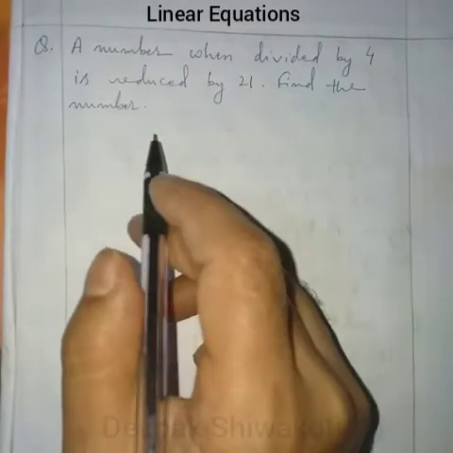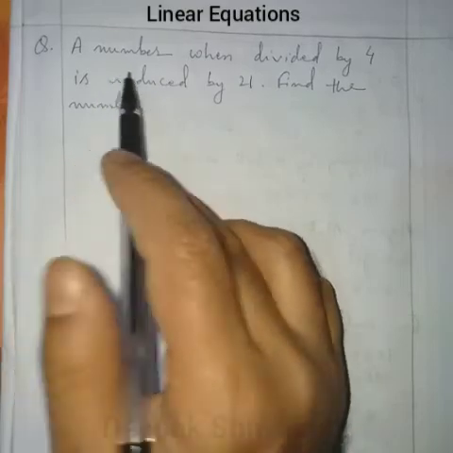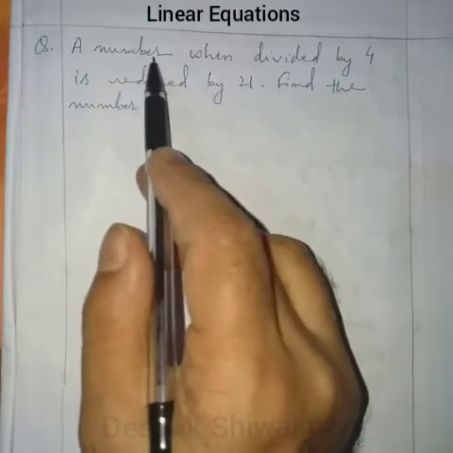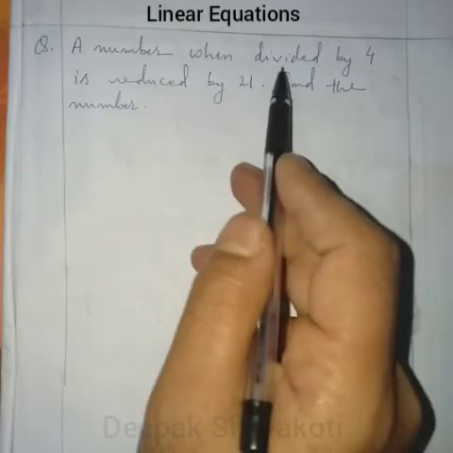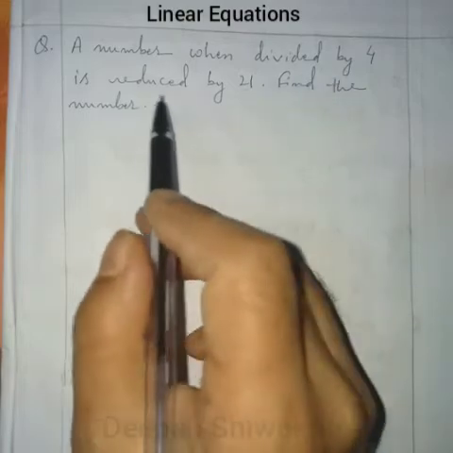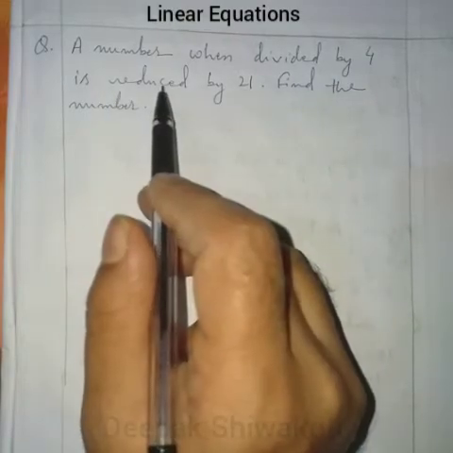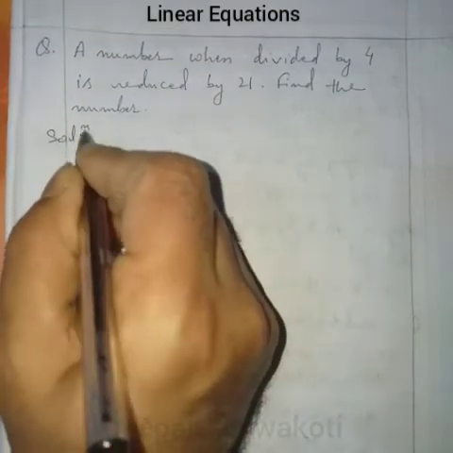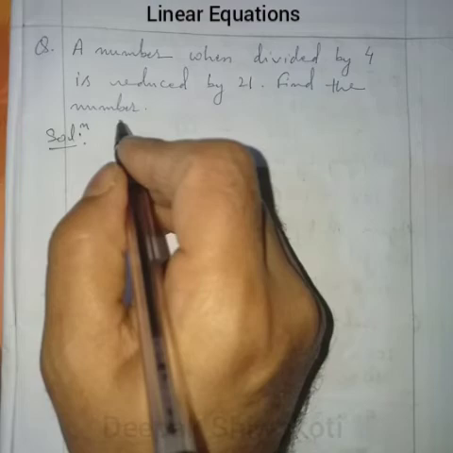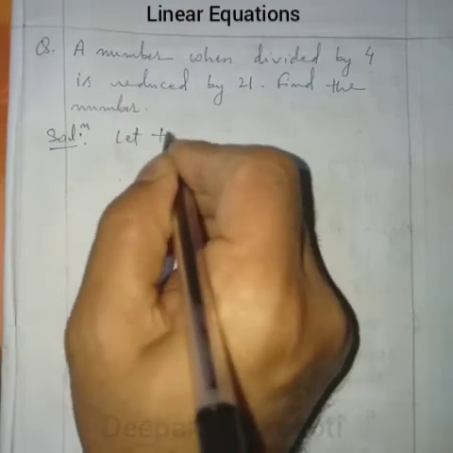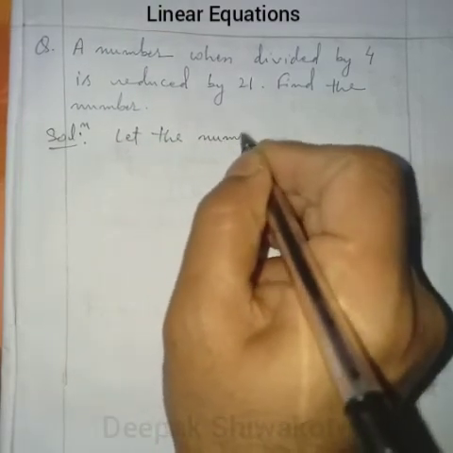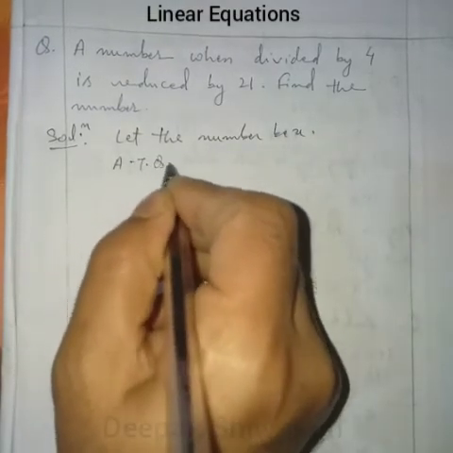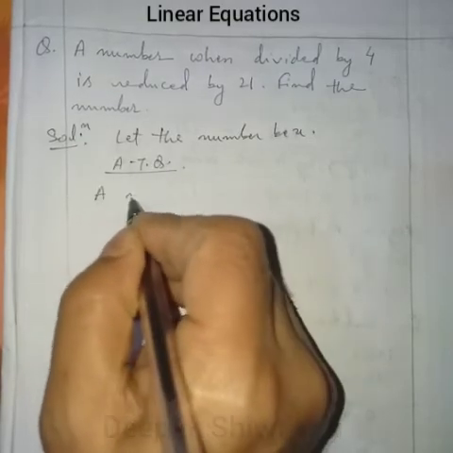So this is another question from linear equation only. A number when divided by, so let that number be x, keep it in mind. Okay, divided by 4 is reduced, that means subtracting, by 21. Find the number. Solution: here let the number be x. Okay, so according to the question, a number